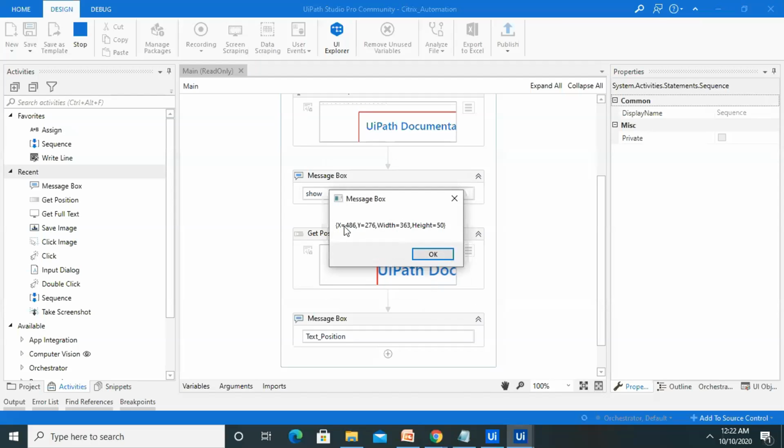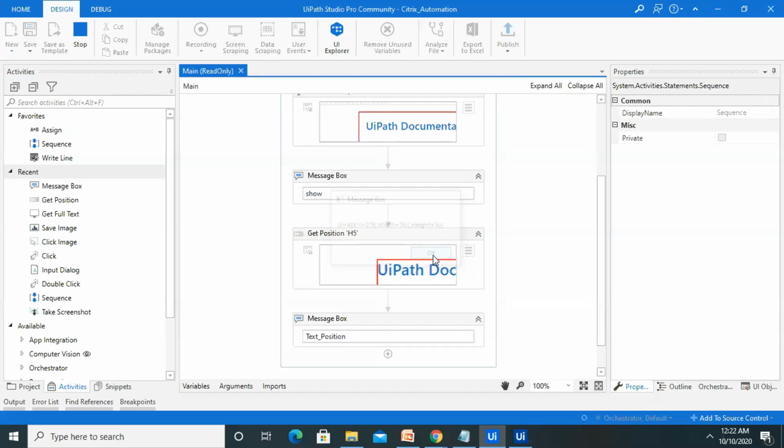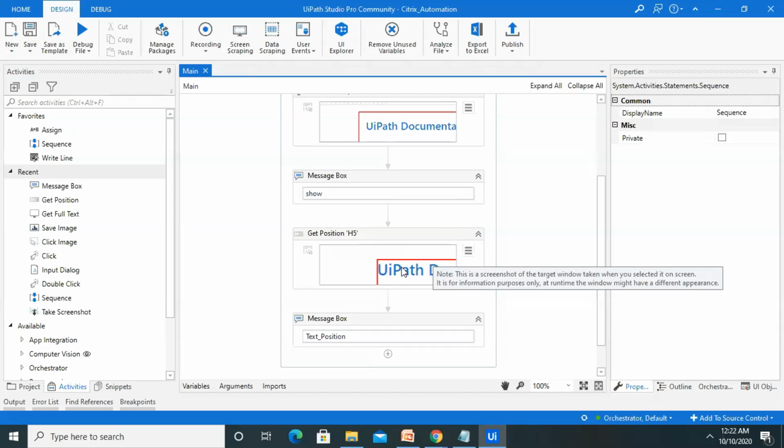So get position will provide us the data of x and y coordinates as well as the height and width of the text. Just like when we are opening a document file or writing text, the font size is available. The same font size is the width and height of the text. This is one example.